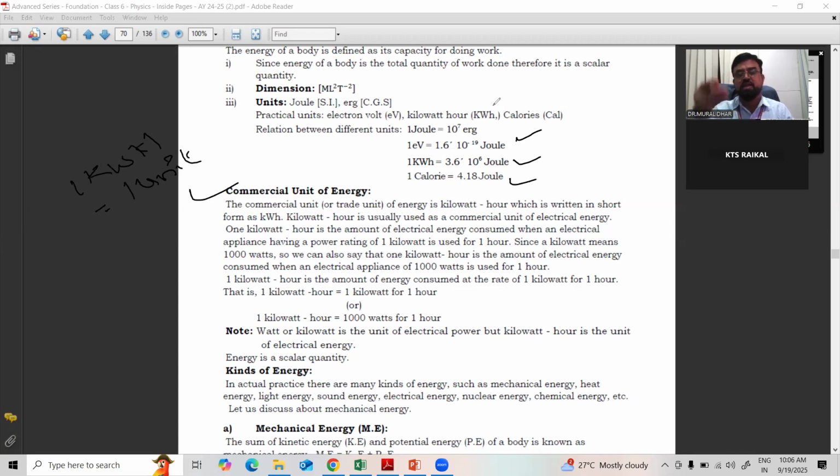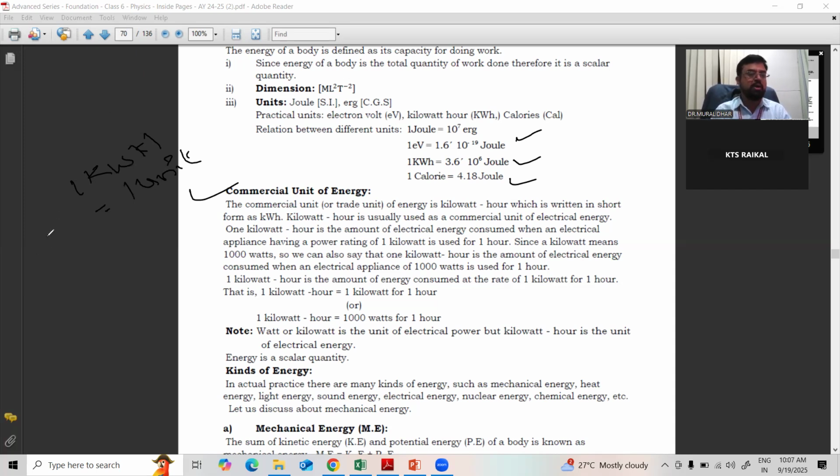In the electricity bill, you can see how many units you have used. Each unit costs some 8 rupees. So how do they give the bill? Number of kilowatt hours, that is number of units, into 8 rupees, and we get the bill. So the electricity bill comes under the commercial unit of energy, where 1 kilowatt hour is equal to 1 unit as per the electricity department. However many units you utilize, that much bill you will get for a month.